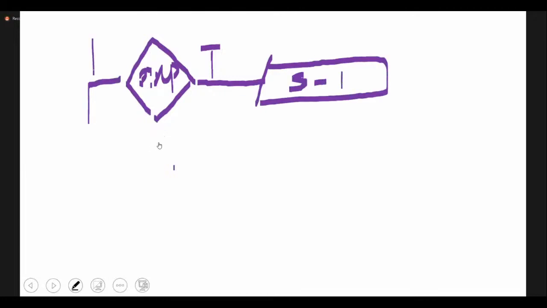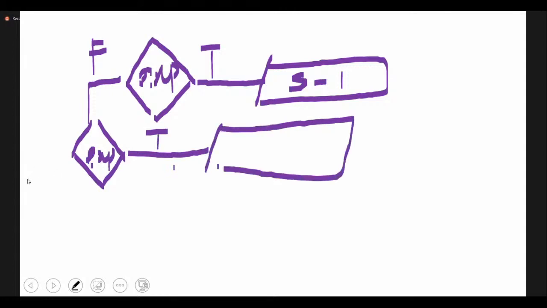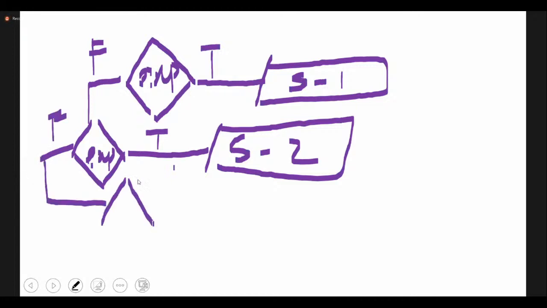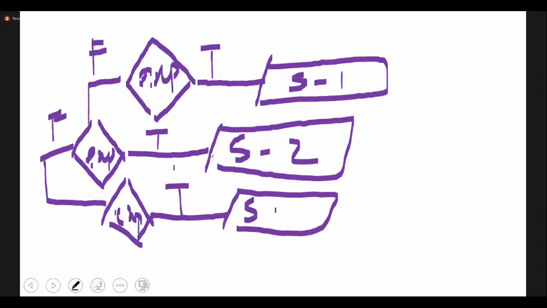If this is false, you will have two things again. Let's take you have expression. Again, if this is true, you have some statement 2 printed. If this is false, okay, again you have some expression. Again, if this is true, you have statement 3. If this is false, it goes on, you have some statement N.